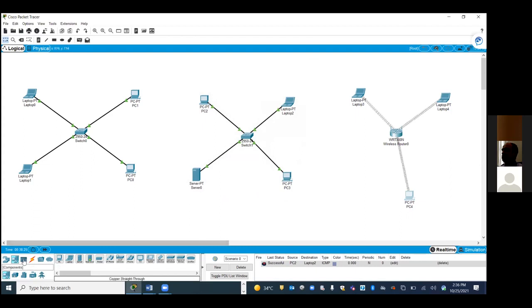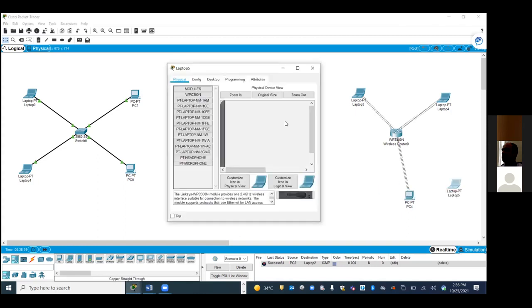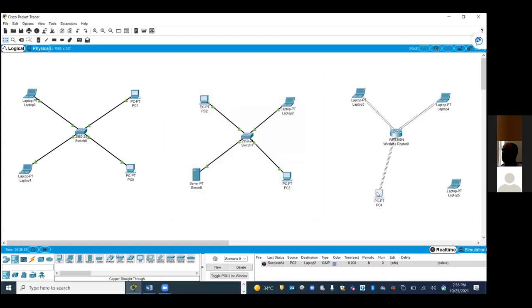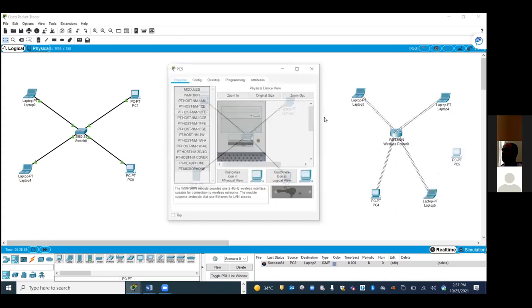Okay. I'll add one more PC for you. Take a laptop. Go to laptop. Power off. Remove this interface. Add wireless interface. Power on again. Okay. You want me to show you with the PC also? Take a PC.